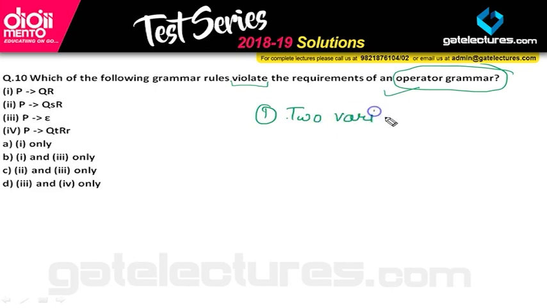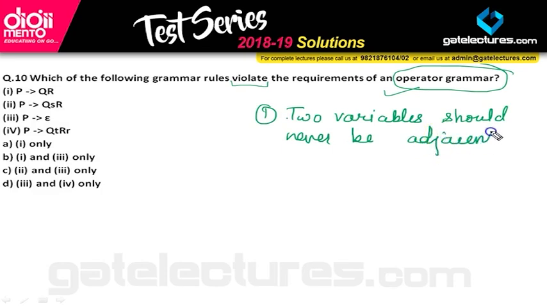Two variables should never be adjacent. Now if you think logically, why? Because this is used to define the mathematical operators through the parser. When we solve any mathematical question, multiplication of two numbers, we simply write AB equals 12 or whatever. This is right, but the computer does not understand this. AB means nothing. So when we write a computer program, we write A star B equals 12. In the same way here, two variables should not be adjacent to each other.